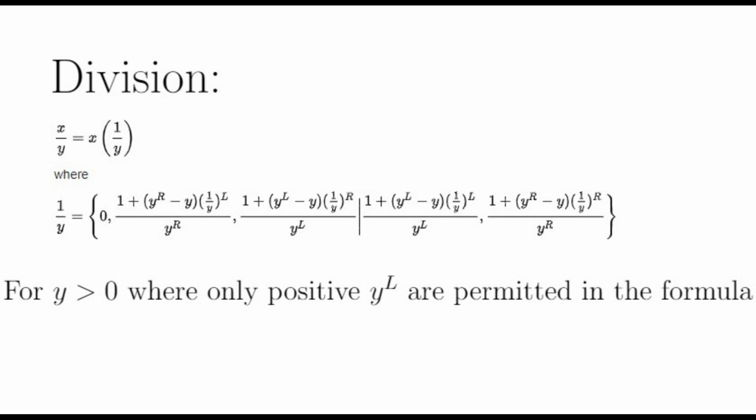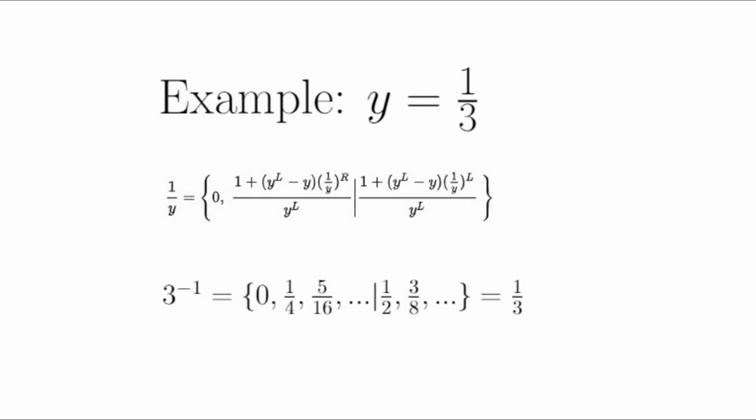Now let's take a close look at an example. I'm going to let y be 3, which has the form 2 and the empty set. Now hopefully, after calculating its inverse, I get a form equivalent to 1/3. At least that's the goal. So yl is just 2, and yr is the empty set. This right away makes the calculations easier since there are none involving yr because it's empty.